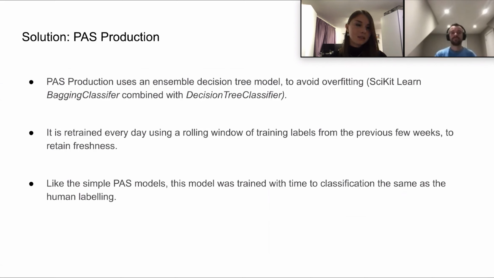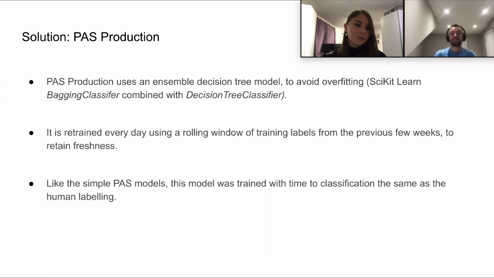The simple pass decision tree model showed promise in terms of accuracy and latency. However, fake account detection and response is an adversarial space. Attackers adapt their approach over time to try and evade detection and deceive response verification systems. The consequence is that a simple decision tree model trained at a particular point in time will degrade in accuracy as fake accounts evolve. Moreover, training just once makes the model vulnerable to anomalies in the training data.